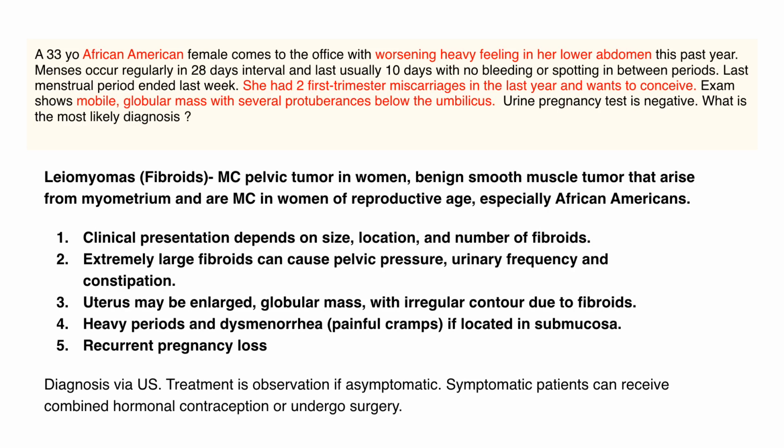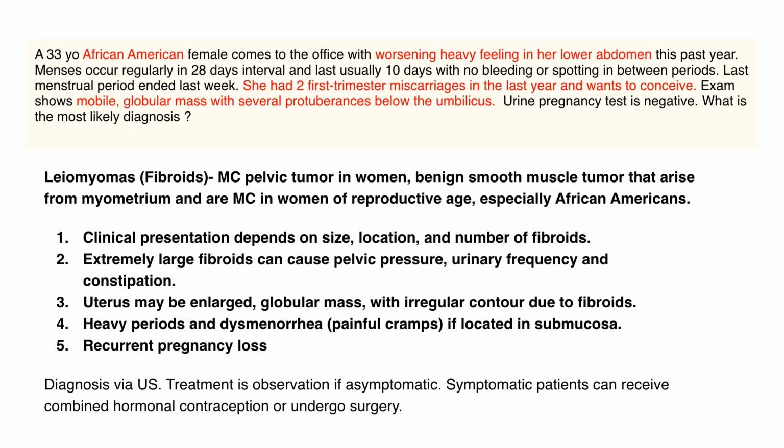Exam shows mobile globular mass with several protuberances below the umbilicus. Her urine pregnancy test is negative. What is the most likely diagnosis? So the fact that she's had 2 first trimester miscarriages and several protuberances, this indicates that she may have leiomyomas,